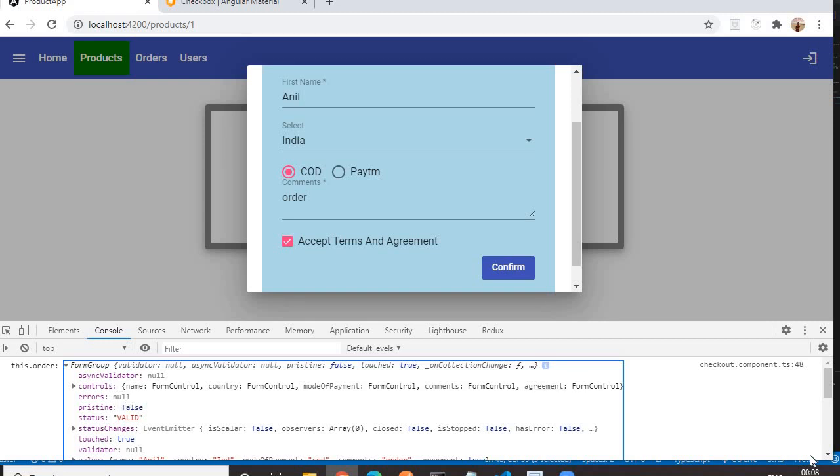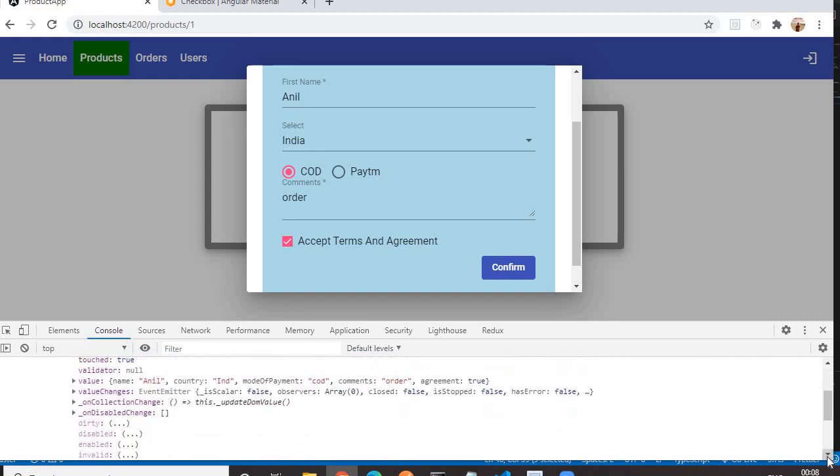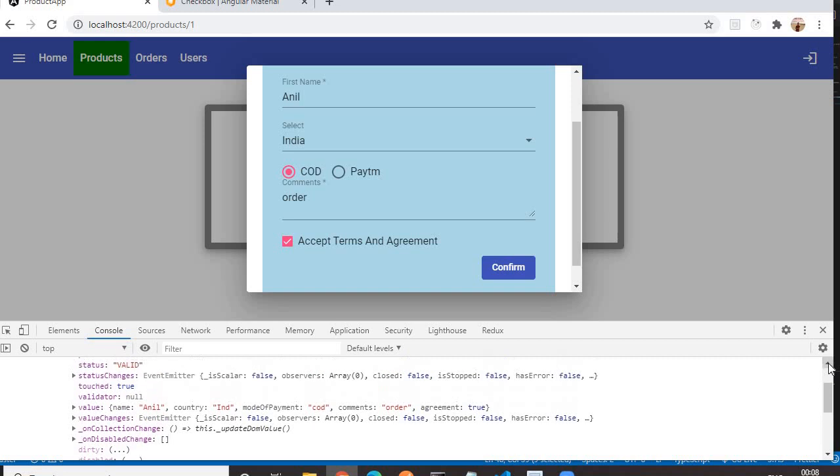The next important thing is the value field. If you see in the value field, we are able to see the values that we have entered. Name is Anil, country is IND, India, mode of payment is COD, comment is what I have written, order, and agreement is true because it is checked.